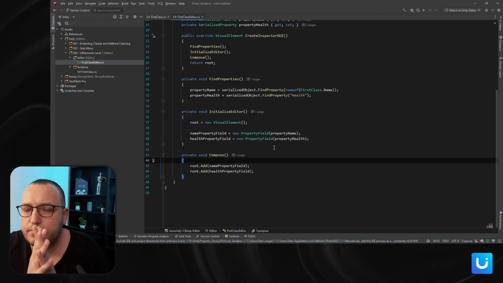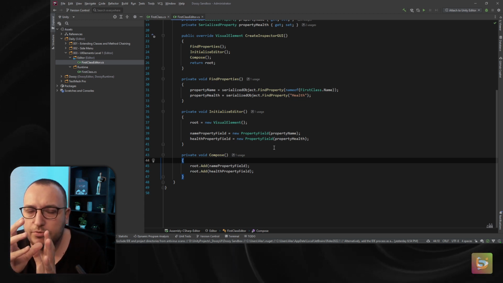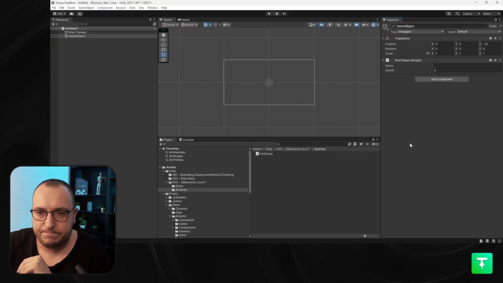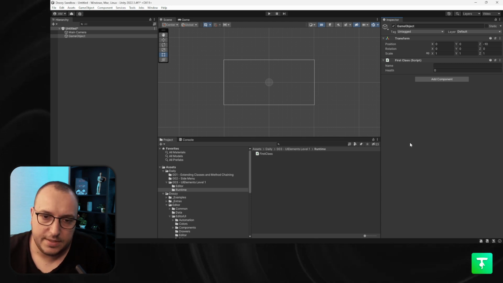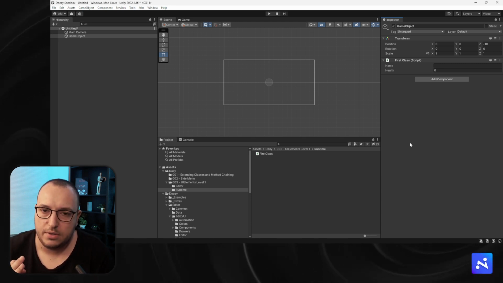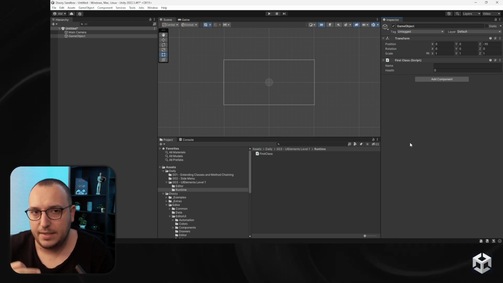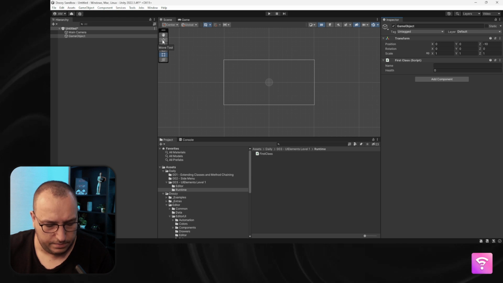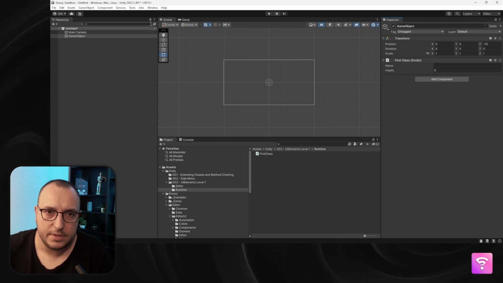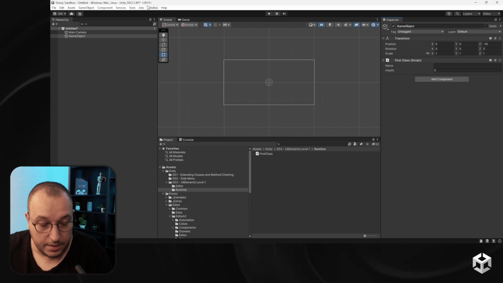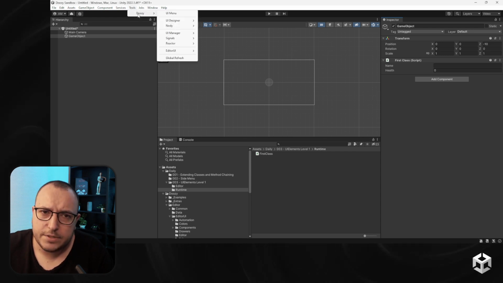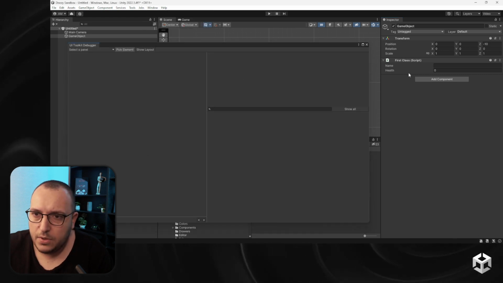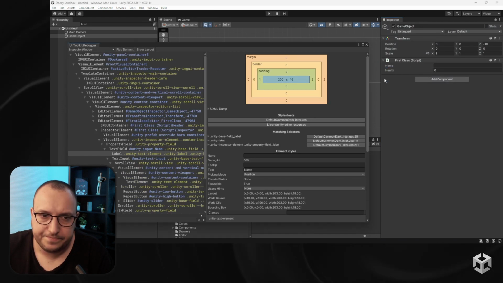So, like I said, I want to turn this into a row, right? One way of doing it: I'm going to open the debugger. This is Control F5, or if you're on Mac, Command or Option. No, Control F5. All right, so Window, UI Toolkit, Debugger. So one way of changing this